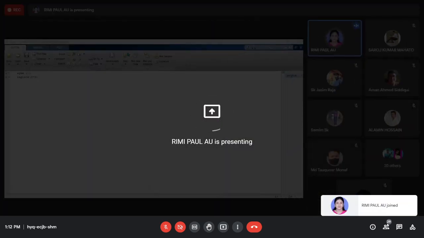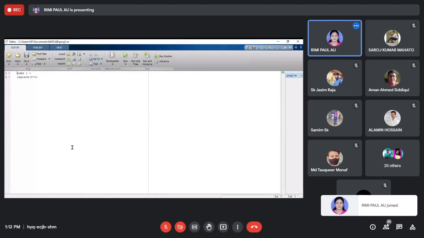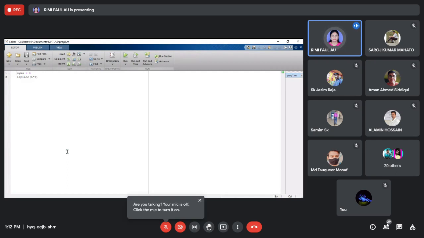You can run the button again and see the output. There is no sound. You are not getting any sound, that means it is working. If you get a sound, that means there must be an error. So this is the platform, MATLAB Simulink platform.